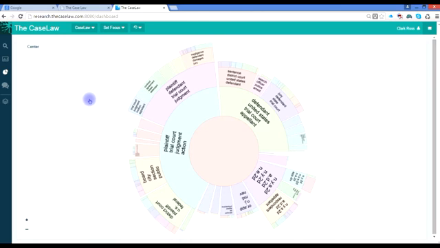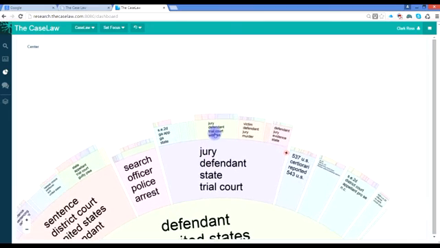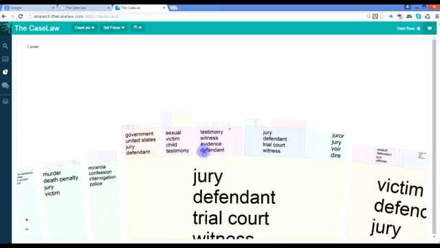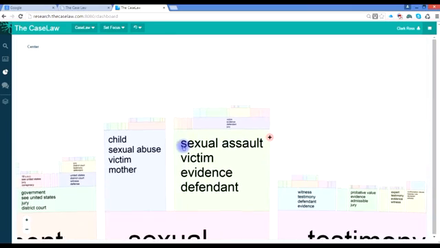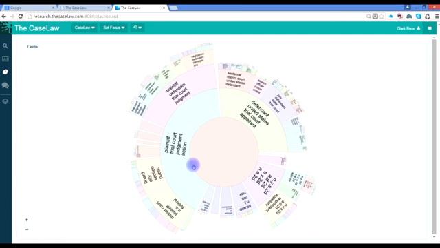The cluster wheel algorithms divide up cases by similar content and put them into buckets or clusters. These clusters can then be further divided by just clicking on them, and you can just keep repeating the process until the clusters have the most relevant topics listed on them of what you are looking for. It can be very useful to find cases that are similar to one that you have already found. So obviously this isn't available with regular